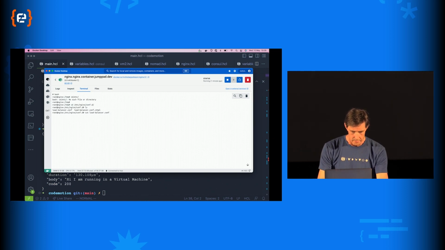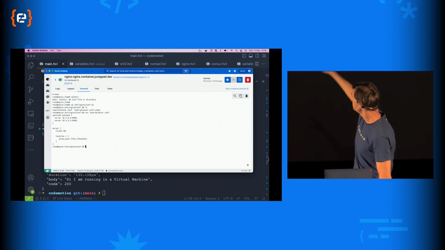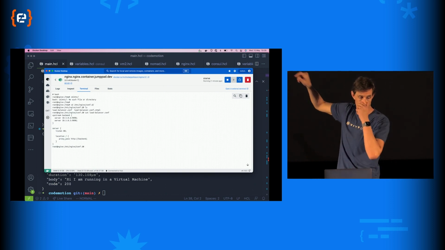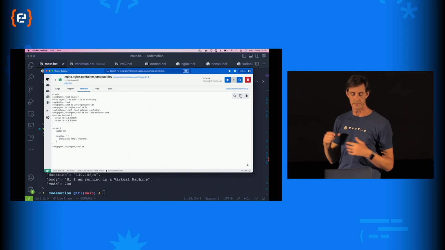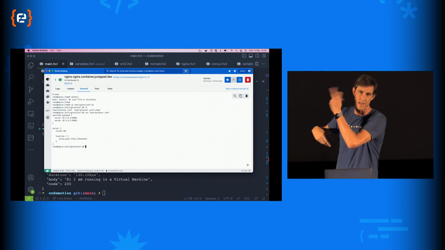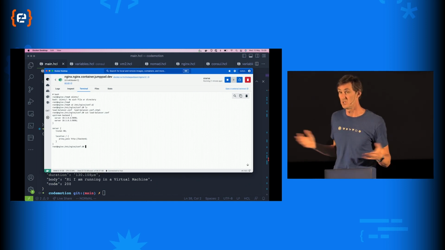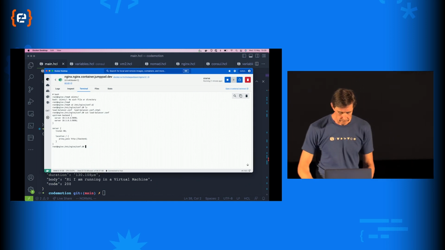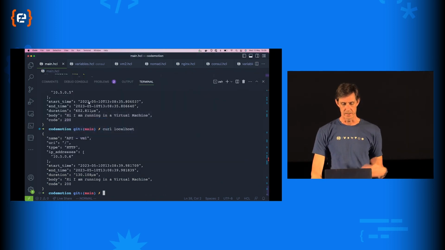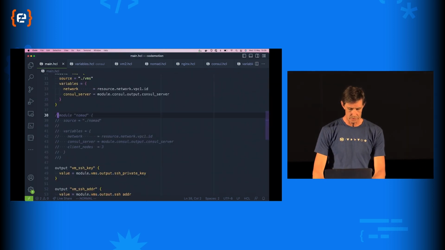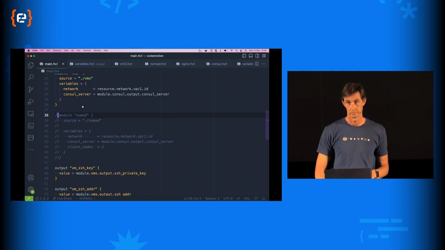So there's the template that we wrote, and this is the dynamically generated configuration file. So every time that my virtual machines change, that'll get regenerated and Nginx will get reloaded, just like a production system. But what about if we want to use a scheduler? Maybe you're using Nomad, maybe you're using Kubernetes. Well, we can do that too.